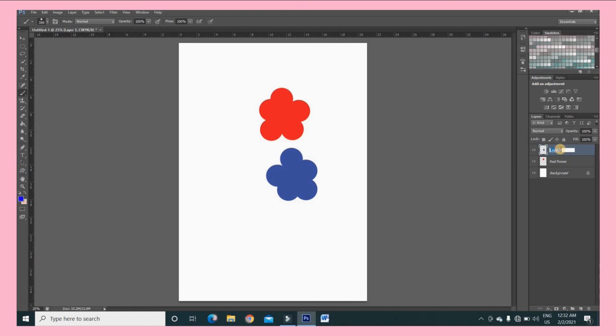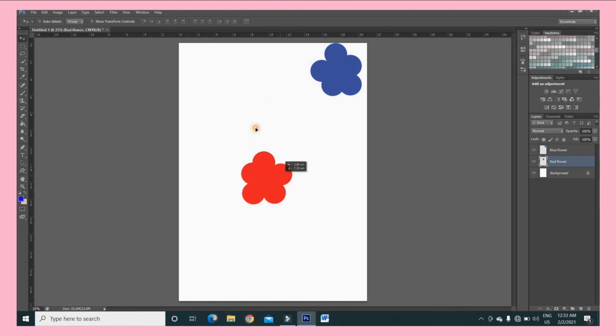So now I can easily make changes by using the move tool. I can now move the blue flower, but while moving, make sure that the right layer is selected. If you want to move red flower, select a red flower layer and then move it. So using this method you can create multiple layers for multiple objects, as I am doing here. For yellow flower,